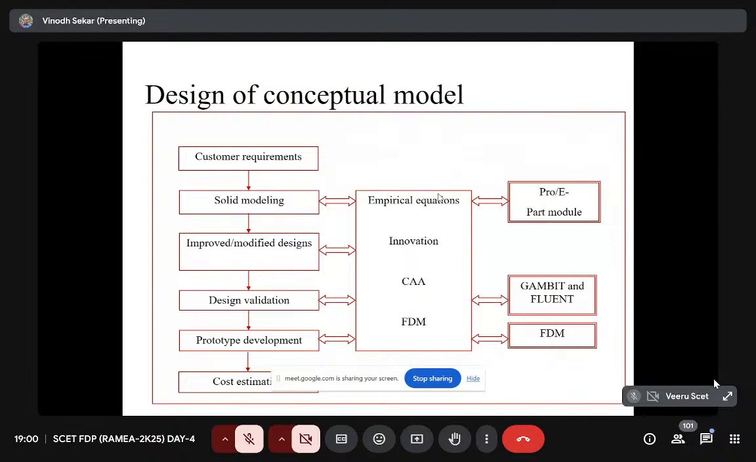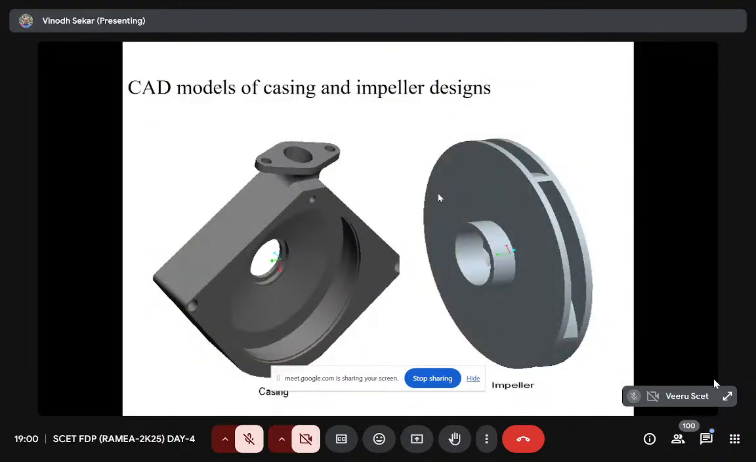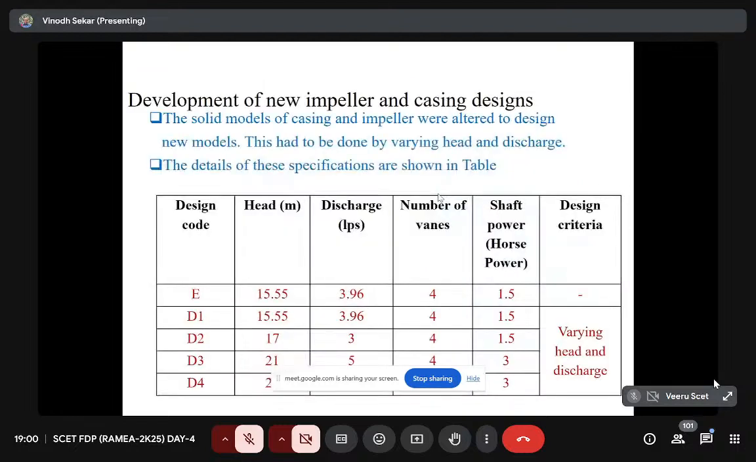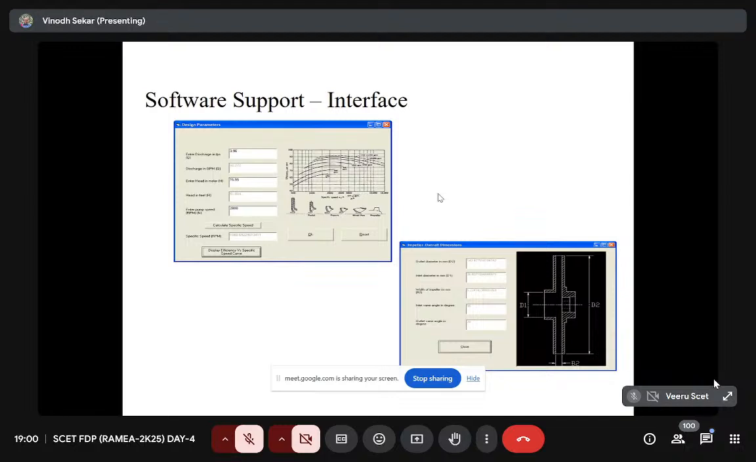And the second study we did was for a pump manufacturing organization, wherein the focus was to improve the efficiency of the pump, where the casing and impeller designs are being shown. And we have gone ahead with varying the head and discharge parameters, and accordingly we could capture the different dimensions. And here we had two important challenges in this study. One is about